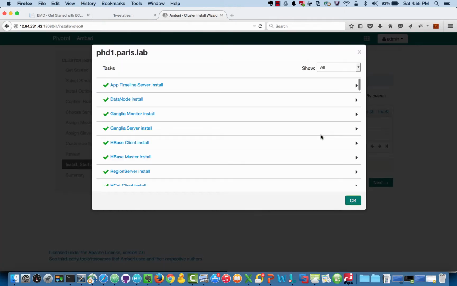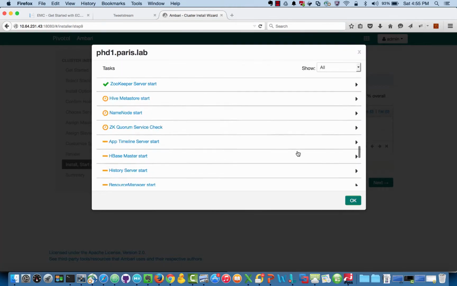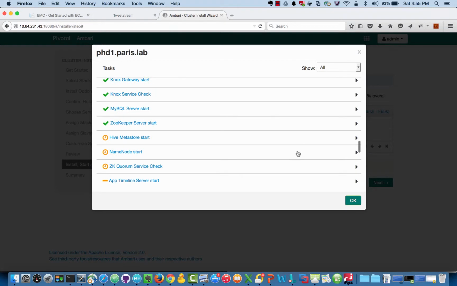During the installation process, you'll notice that the Hive Metastore doesn't start correctly.